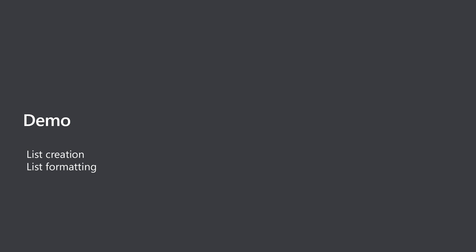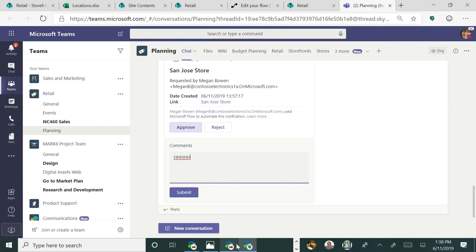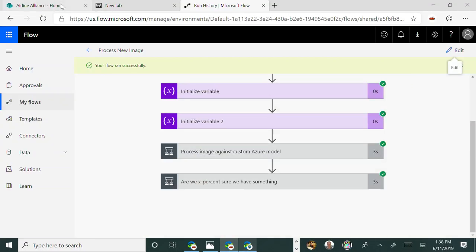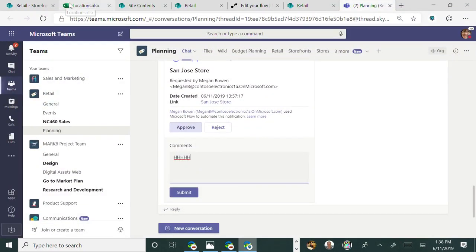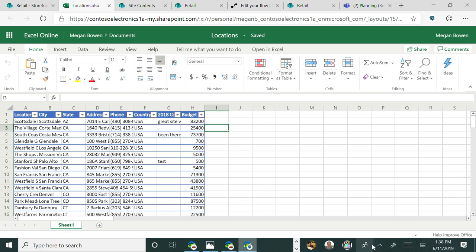Very quickly, to show you how that comes together, list creation. So here's a fairly common way that business data may live inside your organization. This is my locations environment.